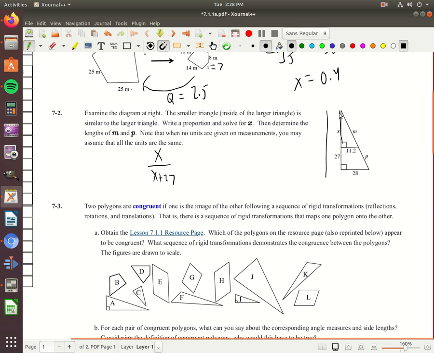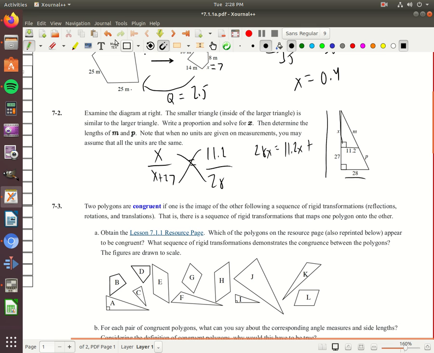So that's the relationship. x is the same as x plus 27 in the same way that 11.2 is compared to 28. So this is going to be our proportion. The small side of x is compared to the large side of x plus 27 in the same way that the small side of 11.2 is compared to the large side of 28. Now I can cross multiply and solve, so I get 28x equals